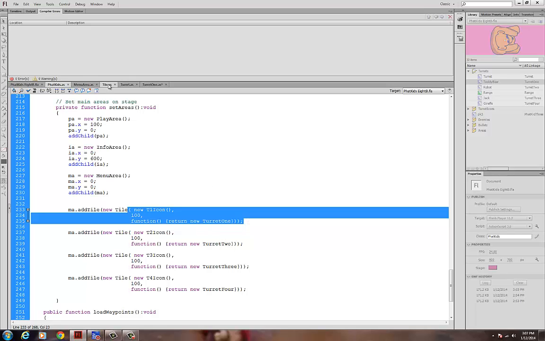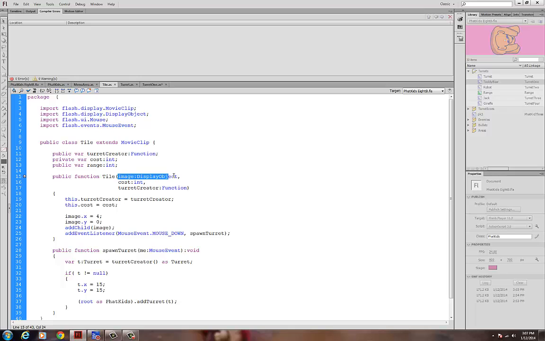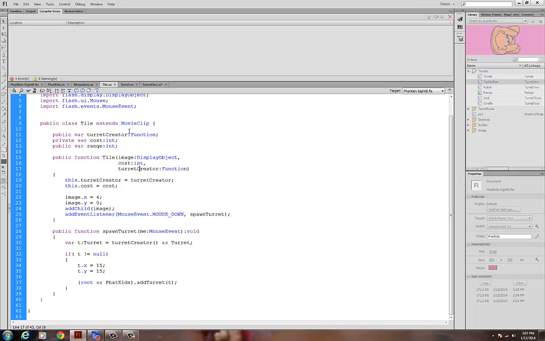Let's go back and take a look. Here's my tile. I'm sending in an image parameter of type displayObject. I'm sending in a number of type int, and I'm sending in a function I'm calling turretCreator. What's a little bit tricky about this is that one way that I can do this is I can create